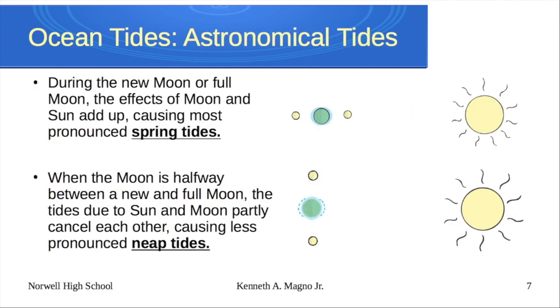But we have these things called astronomically high tides. Well, what does that actually mean? Well, what that means is that when we have a new moon or a full moon, we get this alignment that we have up top here, okay? Sometimes referred to as an astronomically high tide as a spring tide, because what happens is you get a pull of attraction between the moon and the Earth, and then you also get a pull of attraction between the sun